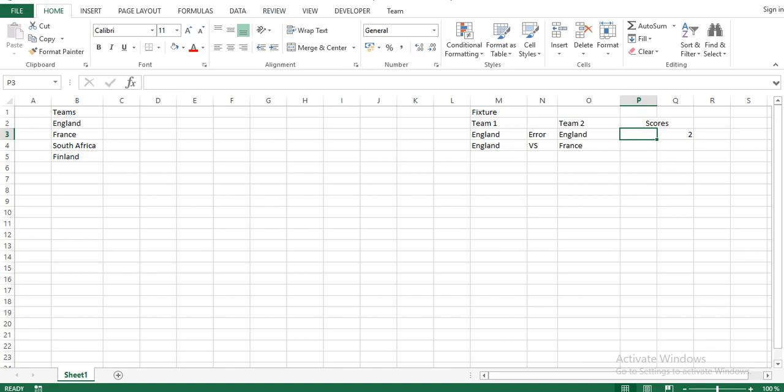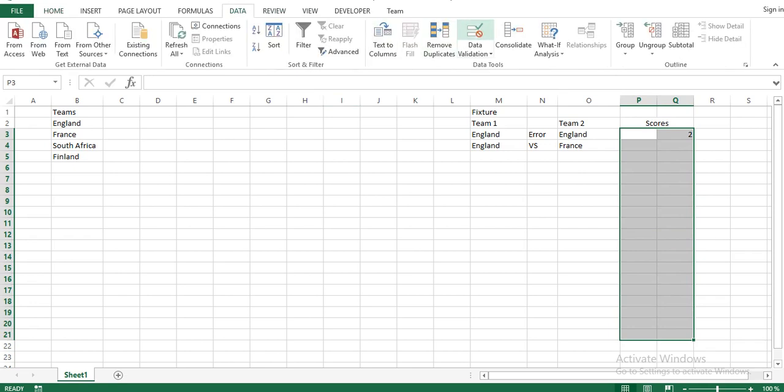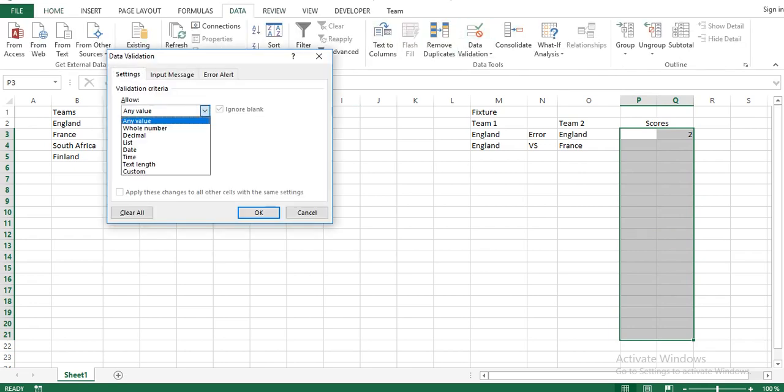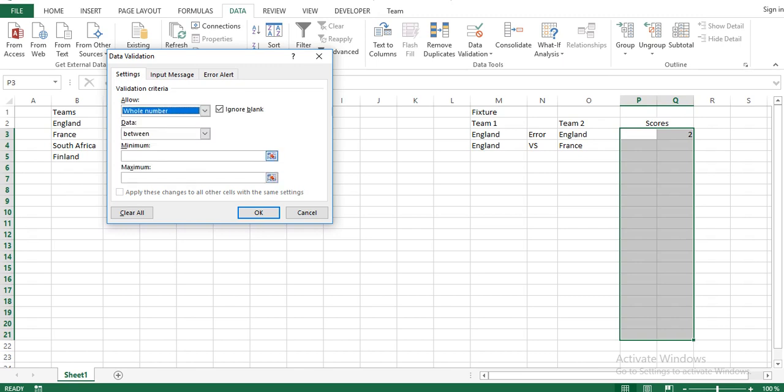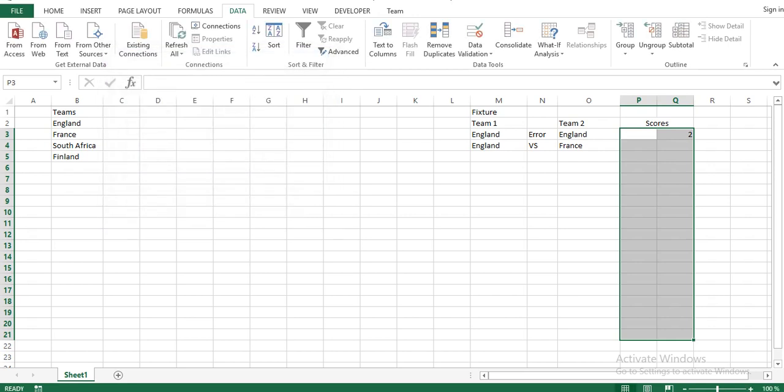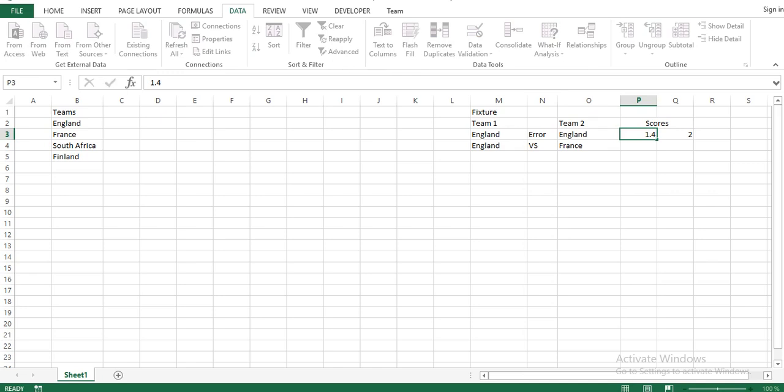So what we do is highlight the range. Come to Data, then under Data Validation, you say whole number. Then let's fix a minimum so someone cannot put like -1 or something. So we put a 0, then we can say, I don't expect a football match to have up to 20 goals, but let's just do it to be on the safe side. So yeah, now if someone comes and tries to do 1 point, it throws